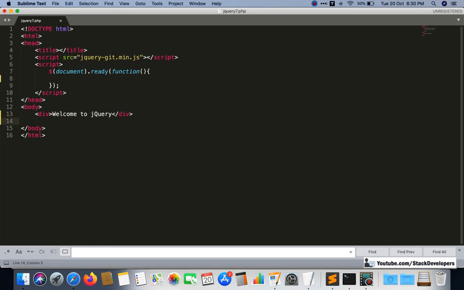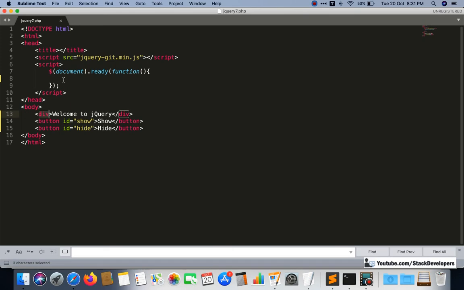Then I will add one button for show and one for hide. The show button is used to show the HTML element, and the hide button is used to hide it. Simple enough, and this is the div we want to hide or show.